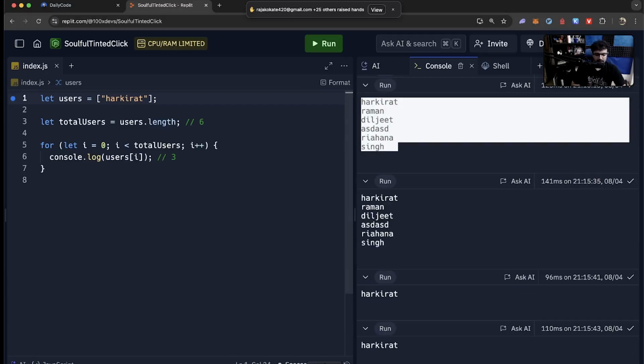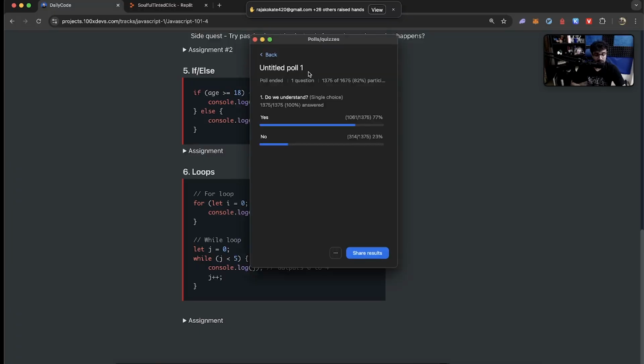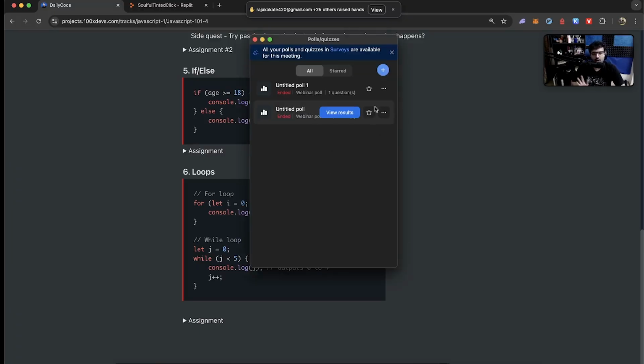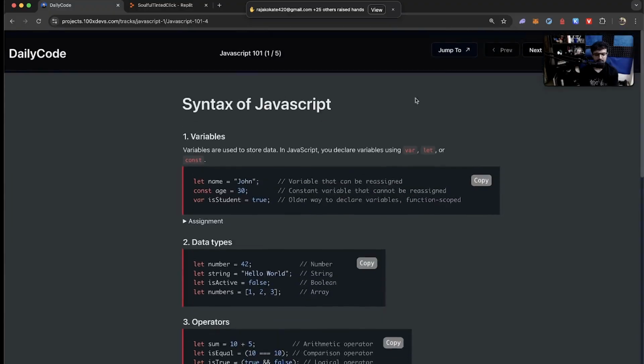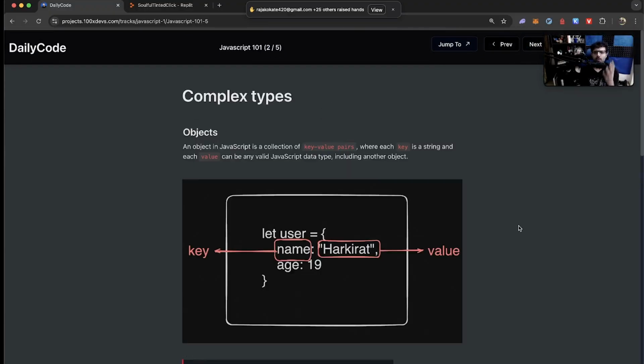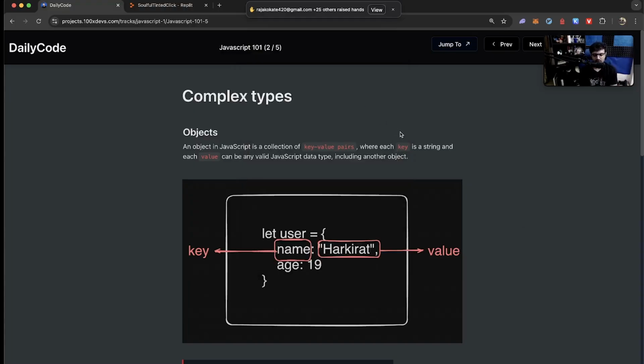Do we understand this? Now it's time to take a small pause, and if we understand this, then we can decide what to do next. If this was too much already, then we'll cover objects and arrays in a slow paced offline video. If this is okay, then I can cover arrays and objects right now, but we need to finish them really quickly so we can move on. All right, are we good to go, guys? Do we understand this? Great. 95% is beautiful. So in that case, at least let's do a brief of some complex types, and if we can understand them even better, then I don't need to create an offline video.